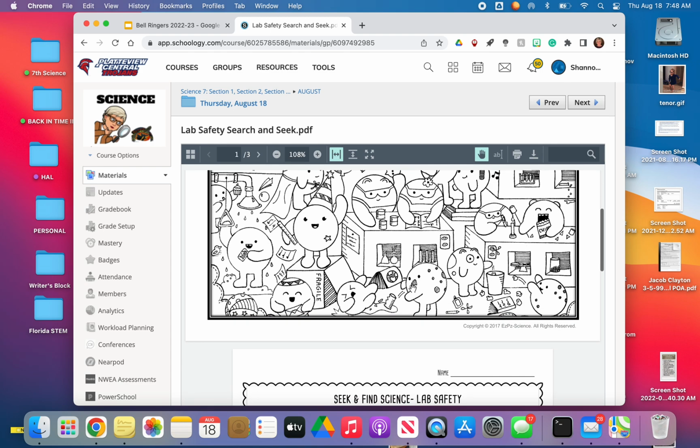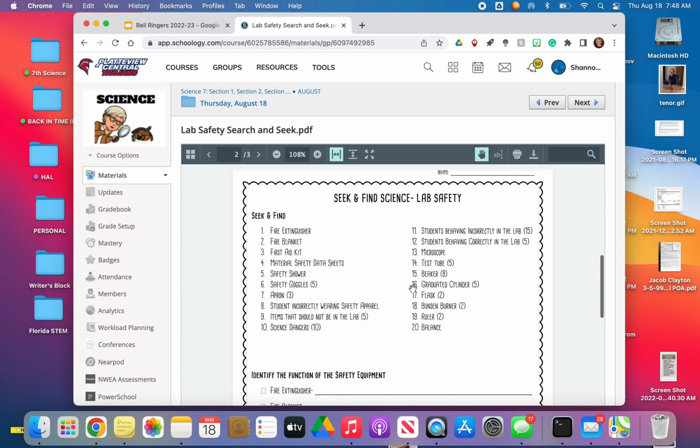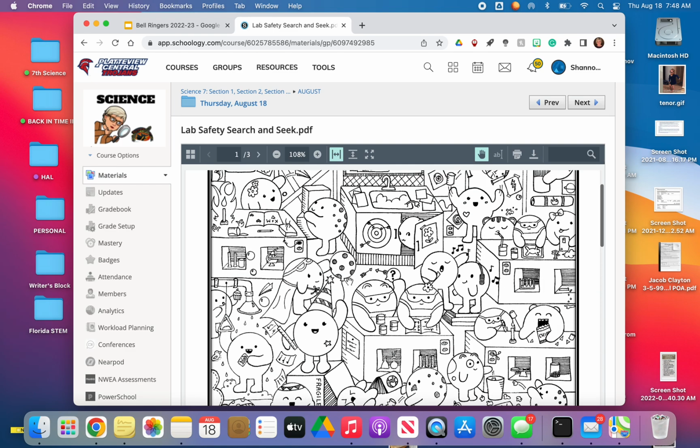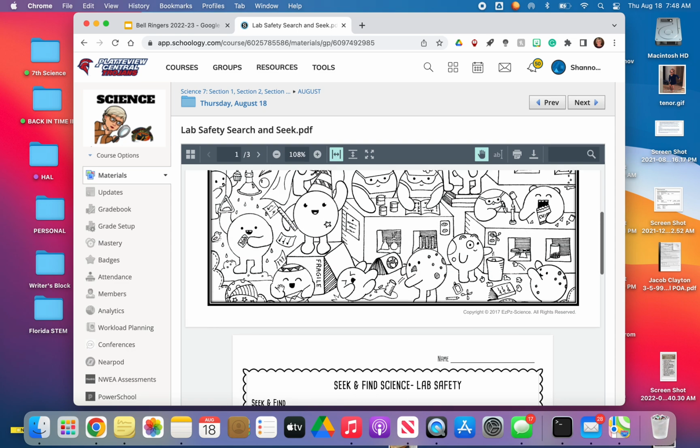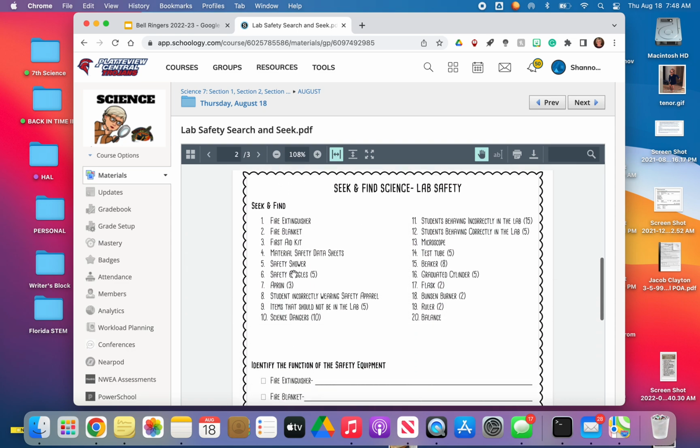so you just need to come back here and go, okay, here's 1, here's 2. One thing that you can do, if you would like, is to color each of these a different color. That would be a really easy way to be able to identify those. So like you want to color all the safety goggles yellow, then do that. Another option is you can number them, although I think that's going to get a little bit messy if you do that.